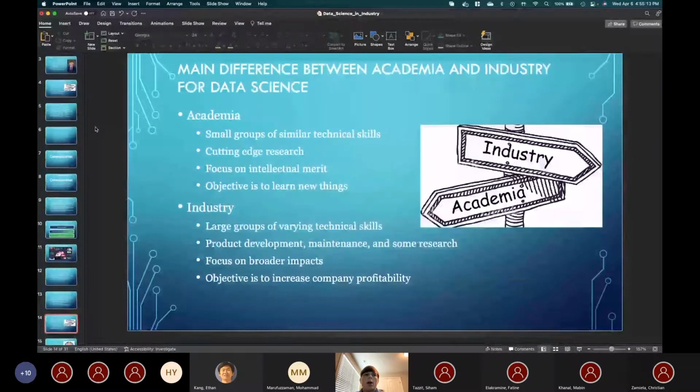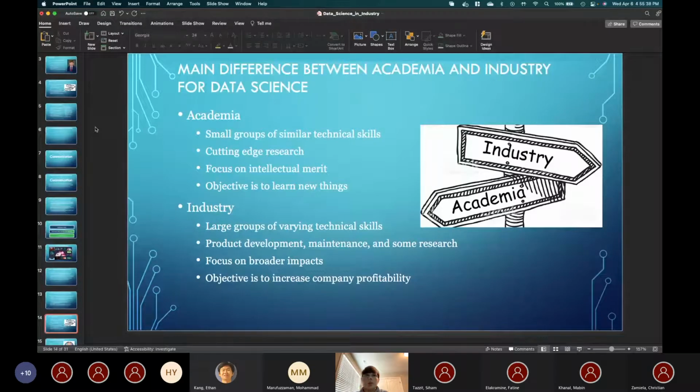So with that, now I'm going to jump into the differences of what I did not really learn in my PhD, but have learned in industry since then. And I brought this slide back because I think it's important to quickly touch on this, the reason why I didn't learn a lot of what I'm going to talk about in the next few slides in my PhD is because of the differences in objectives between academia and industry.